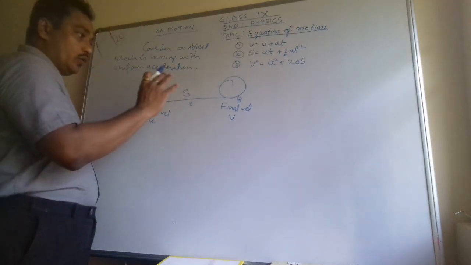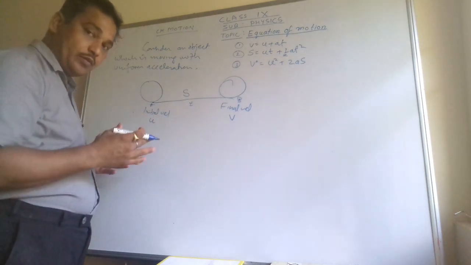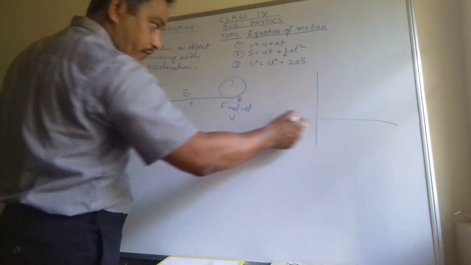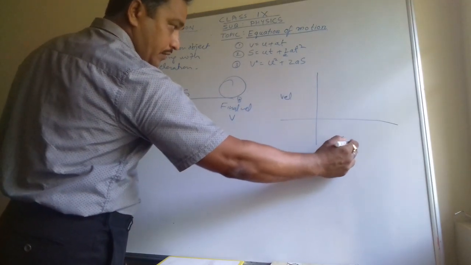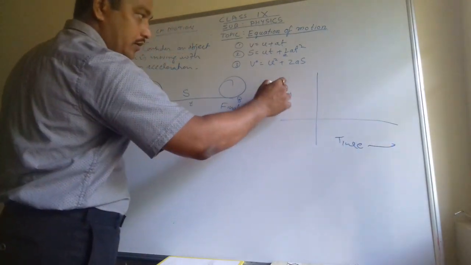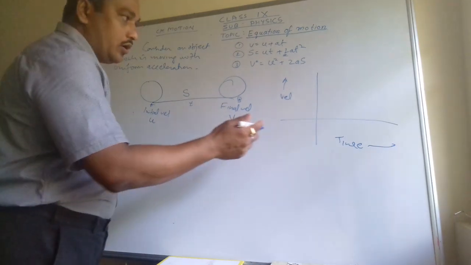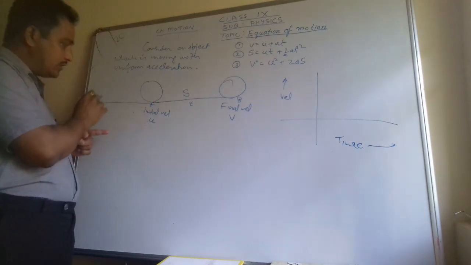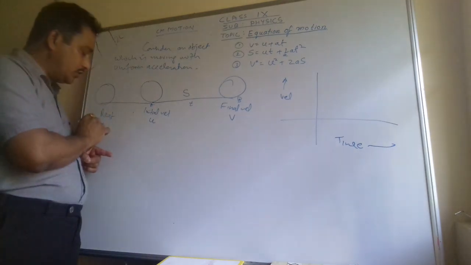Now, can we represent this in a graph? By using a velocity time graph, all of you are aware how to draw a graph. This is a velocity time graph. On the x-axis we are taking time, and on the y-axis velocity. You are aware already, we have discussed in earlier lectures. So the object is moving with the initial velocity this. Earlier the object was at rest. If the object was at rest, not moving, it means velocity was 0 here.